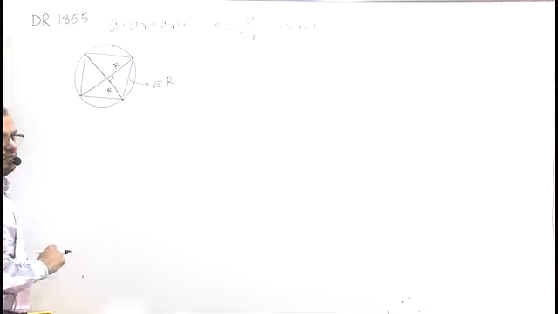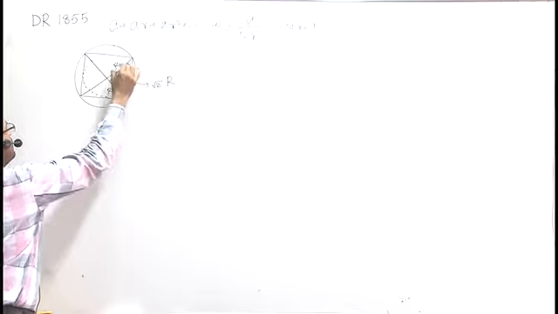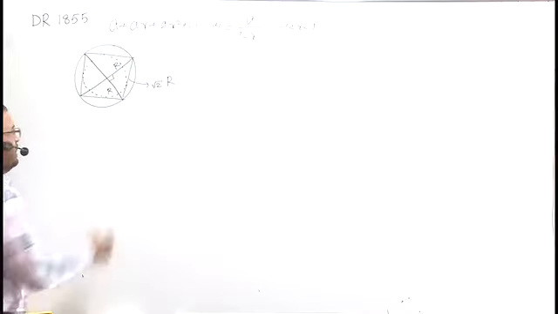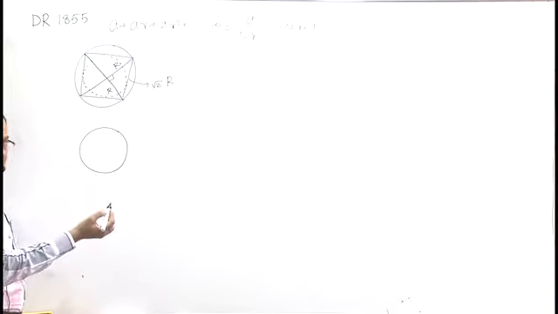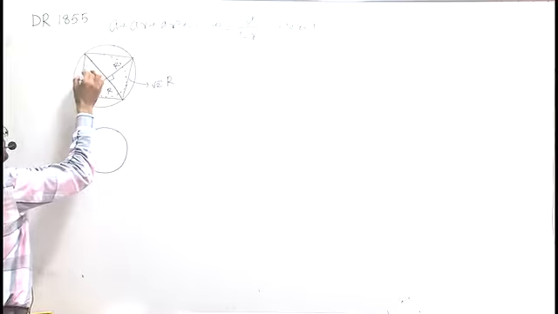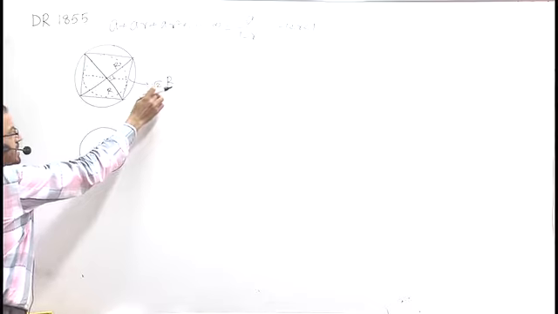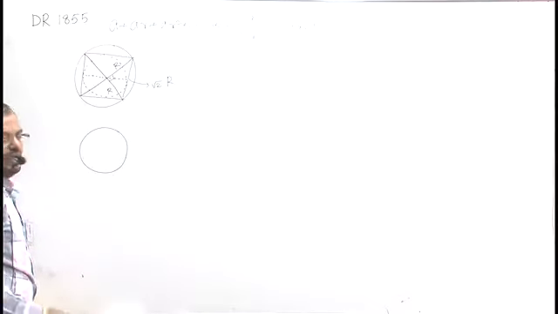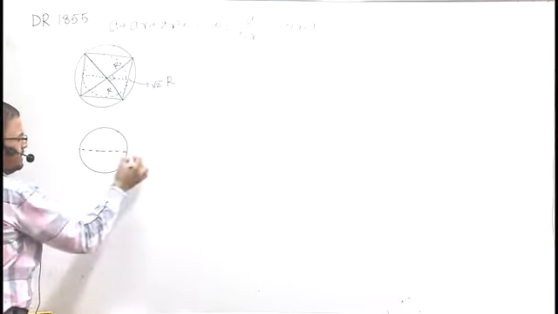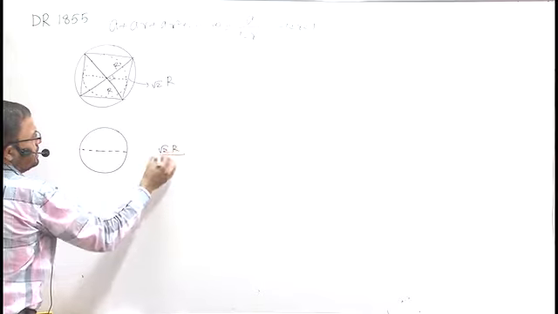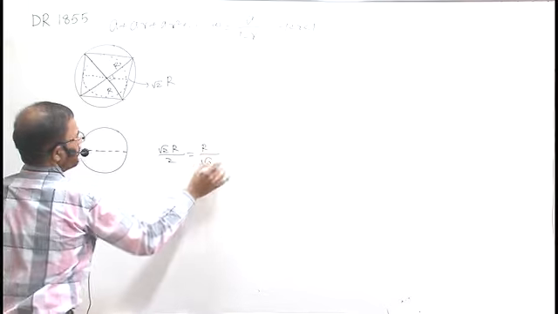In this square I have to inscribe a circle. This is a circle here. Let us draw this circle. If it is a circle here, what will be the radius? I can say that the diameter of the circle will become equal to the side of the square. The side of the square is root 2R, so the diameter of the second circle is root 2R. Divided by 2, this will be the radius, I mean R by root 2.